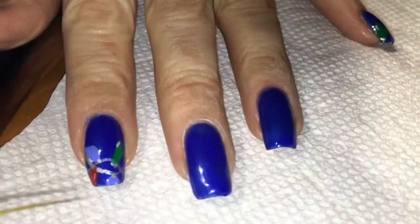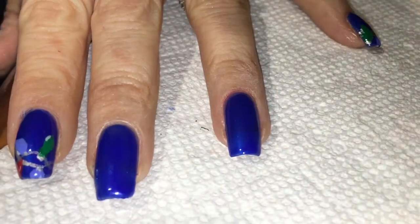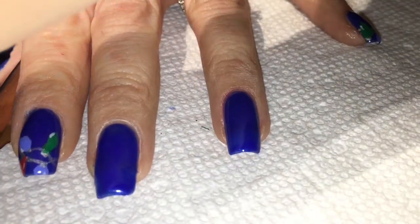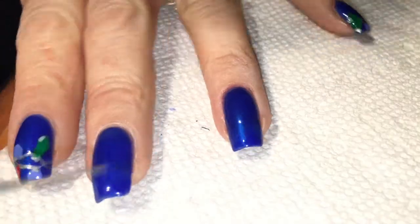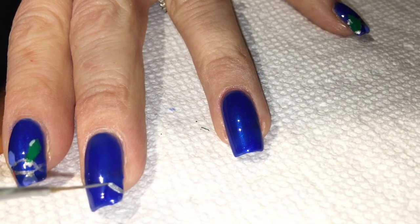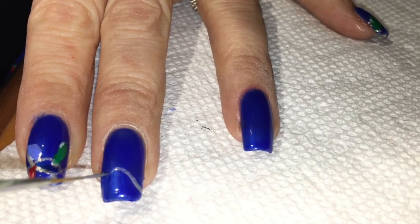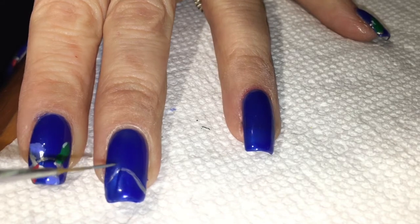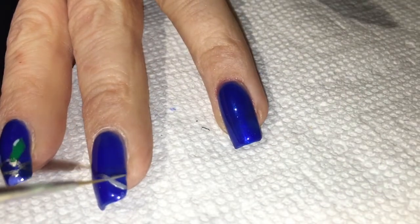as I go. The first thing we're going to do is the string of lights. So that's this part right here. So I'm going to do that right on this nail. I'm going to go right into the metallic paint, and with a very light touch, okay, just a little squiggly line, and it's just going to look like the